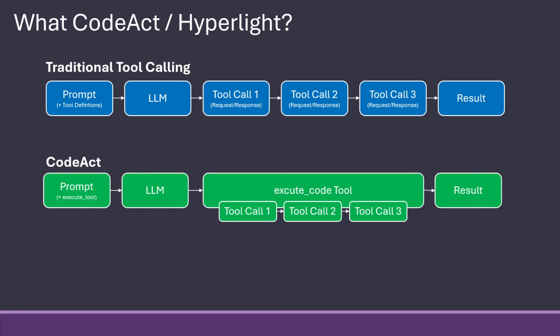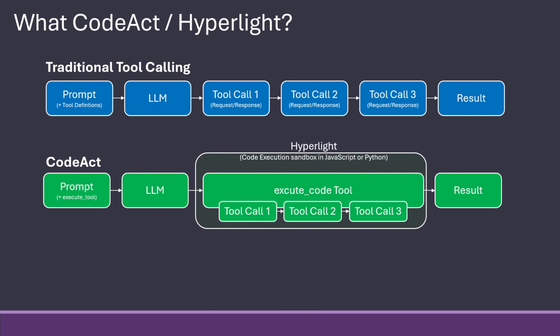But of course, since we are executing code now, it is a bit insecure because we need to have that code run in a sandbox. So we have seen code interpreter videos in the past where we let the LLM use Python code up in the cloud if you use the Responses API. But of course that is costly because someone needs to run that code. This code can run locally, but again, since it's insecure, we need some way to sandbox that code. And that is where the Hyperlight part comes in.